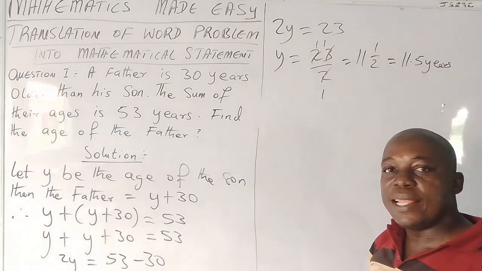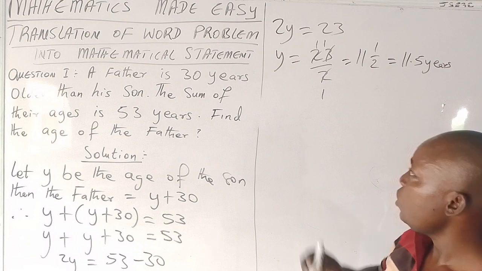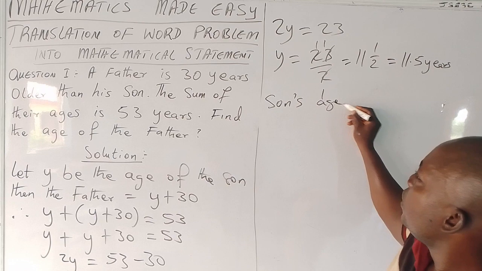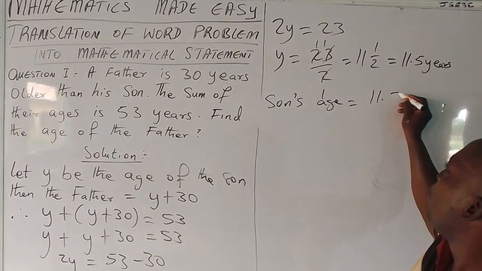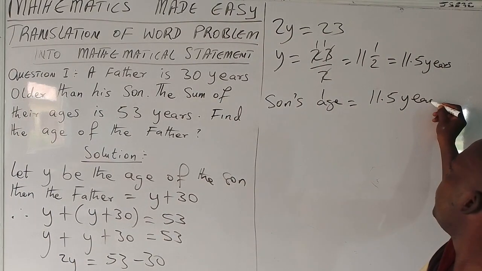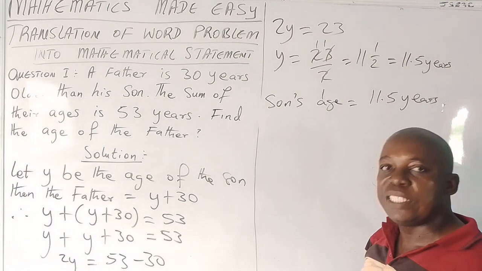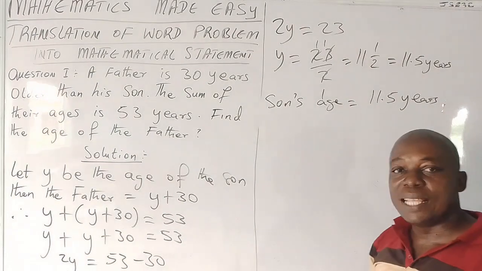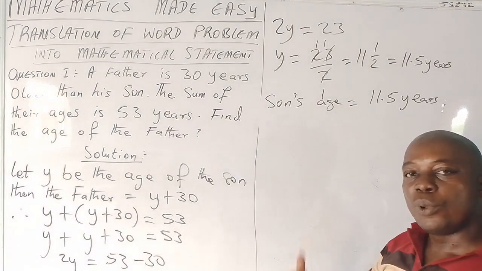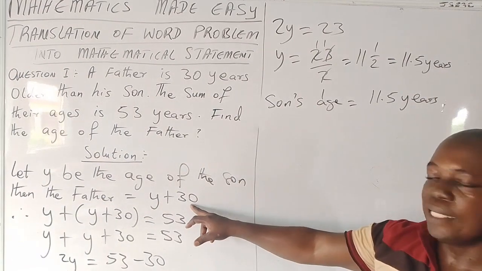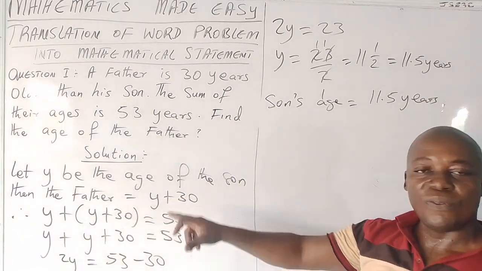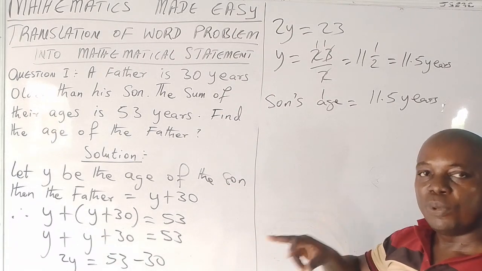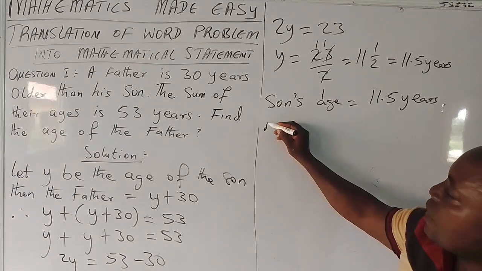And we know that y is the age of the son, which means the son's age is 11.5 years. If the son's age is 11.5 years, then the age of the father, which they say is the son's age plus 30 years, because they say that the age of the father is y plus 30, the age of the son plus 30,